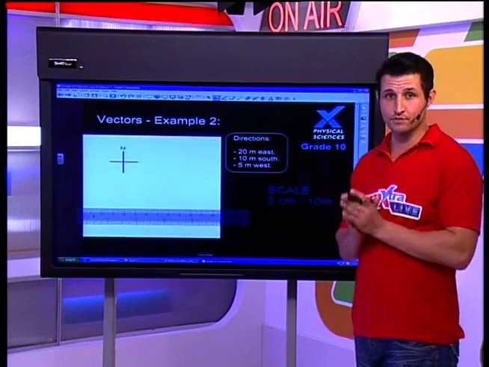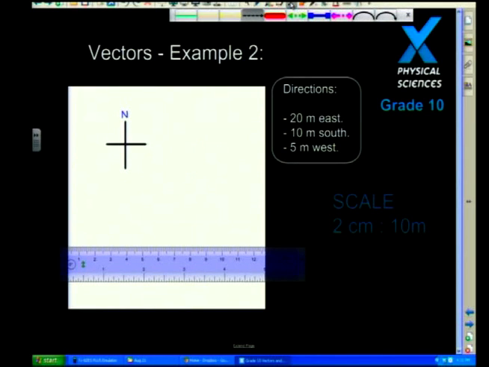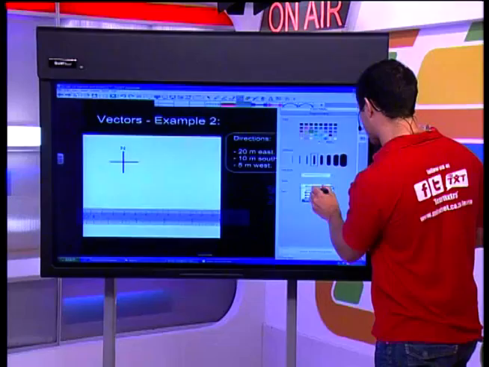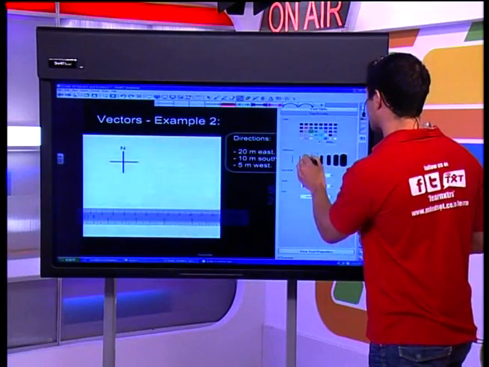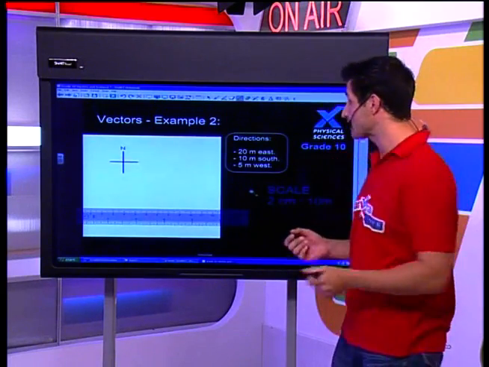So now here's where you're going to draw with your pencil. Now what I'm going to do is I'm going to pick a slightly different color to the one which is on there. I'm going to pick green. Now I want you guys to actually draw with a single-headed arrow, and what I'm actually going to do is make sure that that is just single-headed to make sure that this is absolutely correct. Let's make that a slightly smaller line. There we go. Now I'm going to ask you to draw with me.